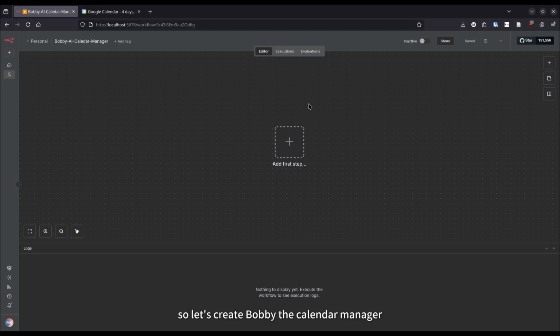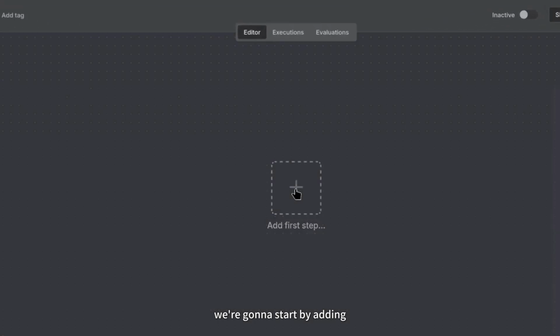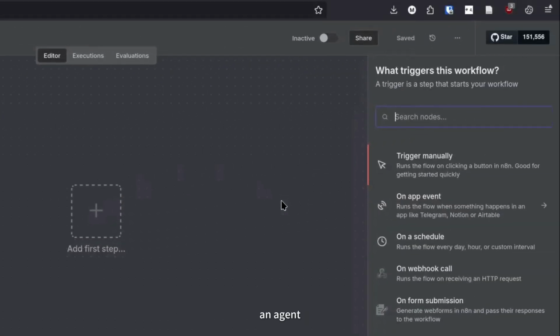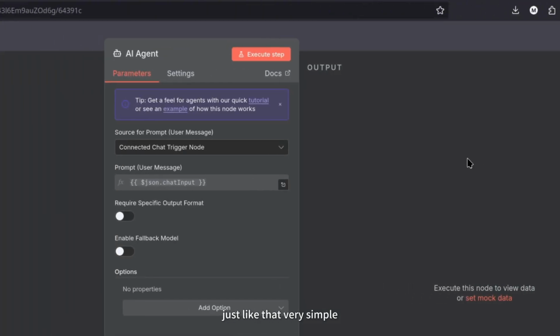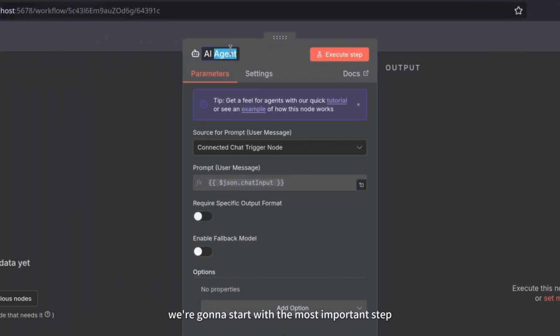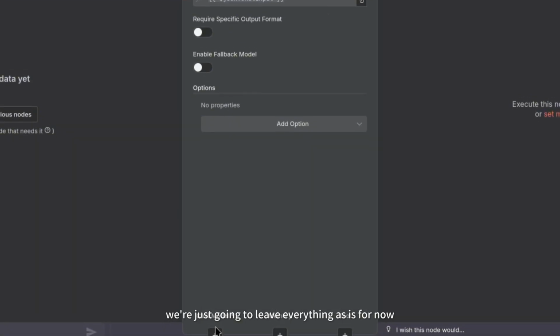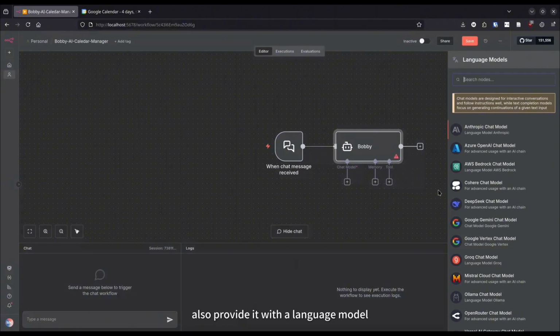So let's create Bobby the calendar manager. We're gonna start by adding an agent. Just like that, very simple. We're gonna start with the most important step, which is giving it a name. Bobby, why not? And then Bobby also needs some prompt message. For that, we're just going to leave everything as is for now, except we're going to also provide it with